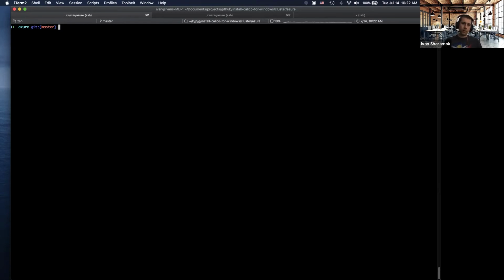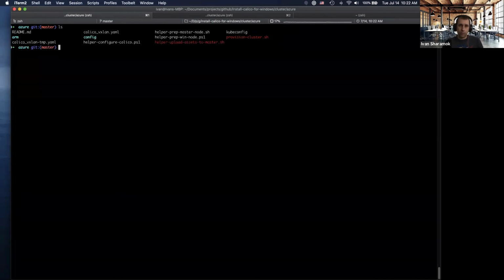You can just use the provision cluster script that goes and creates the infrastructure, and then it creates a few helper scripts that you can use to quickly provision the cluster. So in today's session, what I'm going to use is my Azure installation provision cluster script. In order to do that, I need to get a few, actually, let me pull up the